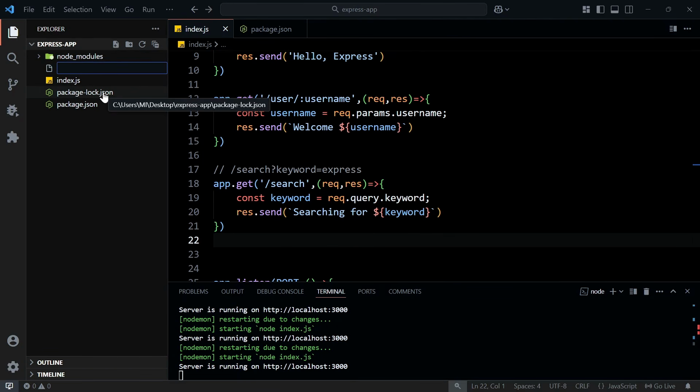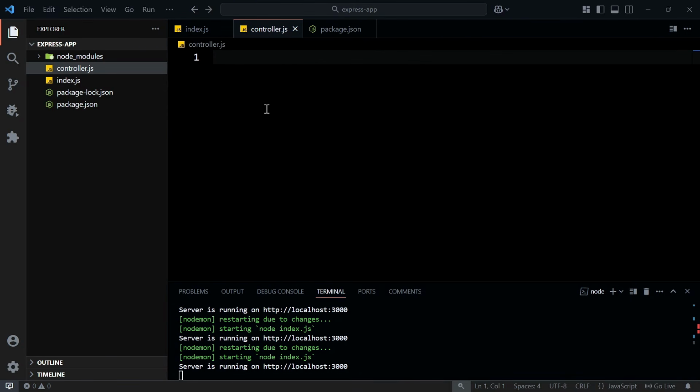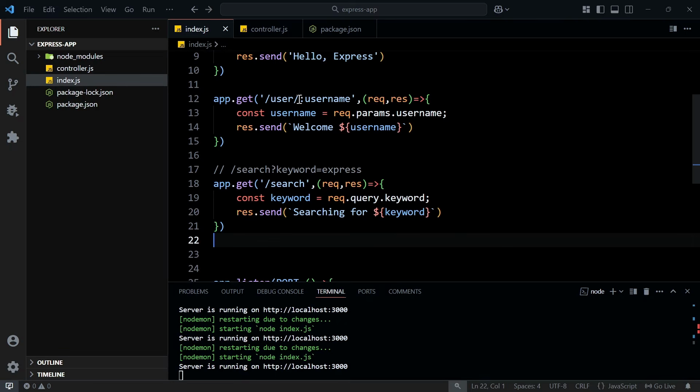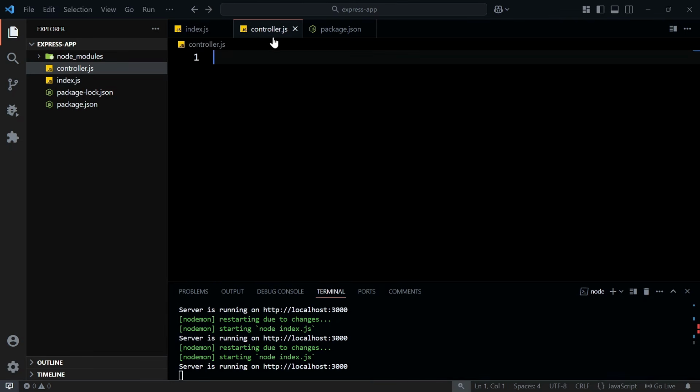So here we will create a new file and we will add the file name controller.js. So in this file we will save the controller function logic and then we will export it and we will use it in this index.js file. So now we will see how to